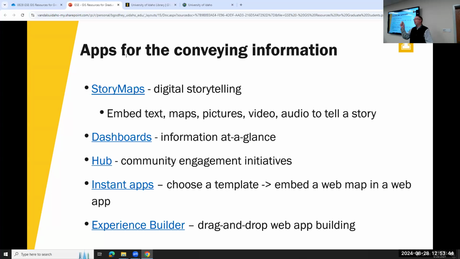Instant apps is where you choose a template, choose some colors, real basic, just go through, no coding or anything like that. But you can create a pretty nice wrapper around your data and your map with instant apps. And then Experience Builder is a step up from instant apps. If you want to create your own app with an interactive drag and drop kind of visual programming environment where I